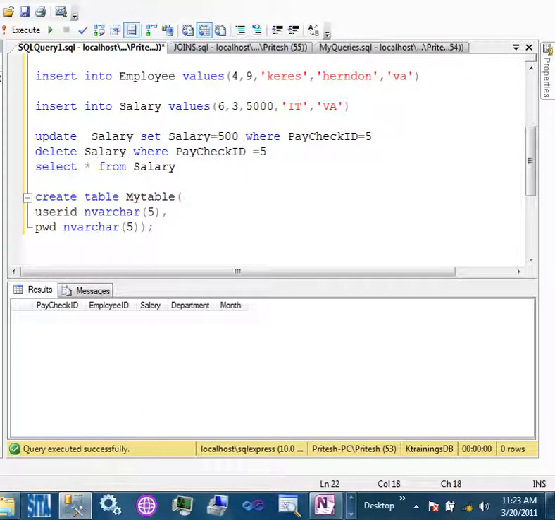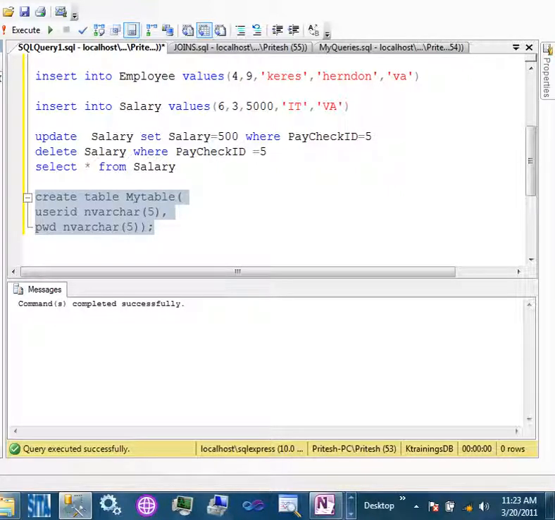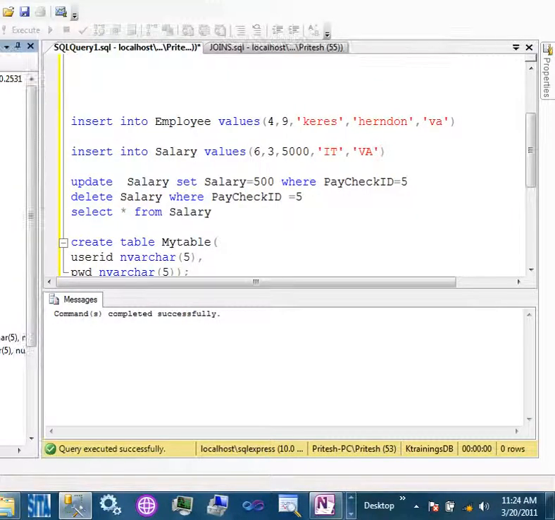So right after, if I execute this, it says command successfully, and if I have to view the table here on the left side, I have to refresh. I need to click on this value here. So at that time the refresh button came. Do you see, guys? It will refresh the table list, and do you see my table here? If you expand that, we created 2 columns, user ID and password. If you see the column here, it will tell you user ID and password. What is the length of it? It's the same thing as manually.